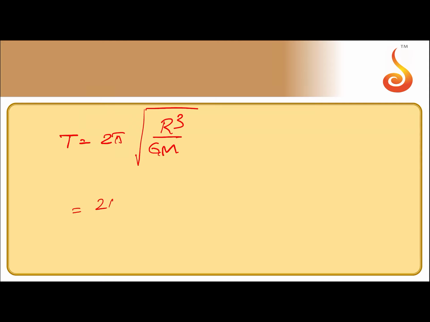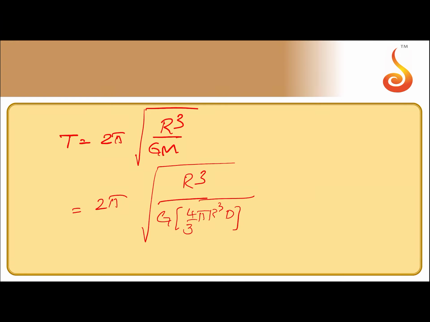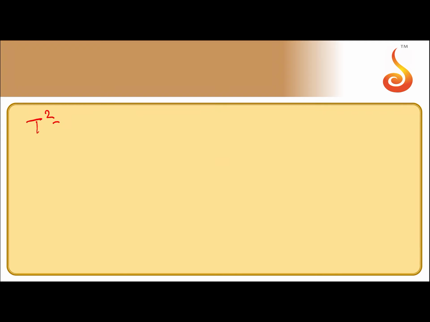Let us simplify it further. 2 pi root of r cube divided by G. Mass can be written as volume into density. So we have 4 by 3 pi r cube into d. So if I simplify it further, I have t square is equal to 4 pi square r cube, whole divided by G into 4 by 3 pi r cube into d,